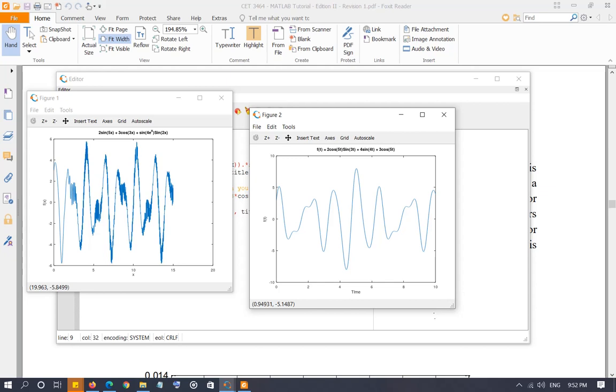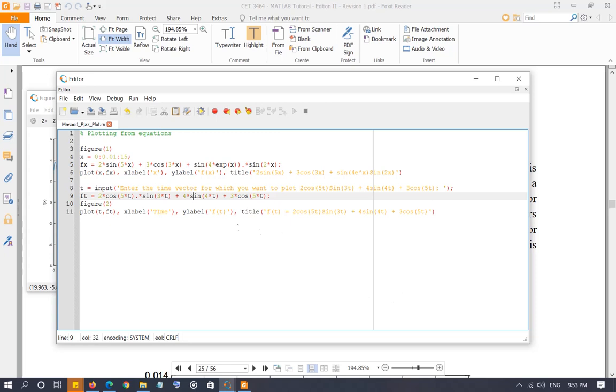Another thing that you can read in the tutorial is how to change the color and all those things. I don't think that in the tutorial I mentioned how to change the width of the line. So let me go ahead and show you that. If I want to change the color, as you can see in the tutorial, all I have to do is choose from one of the colors that are allowed in MATLAB. Let's say instead of a blue color, I want to plot it with red. So the code for red is R. All you have to do is put an R in quotations,